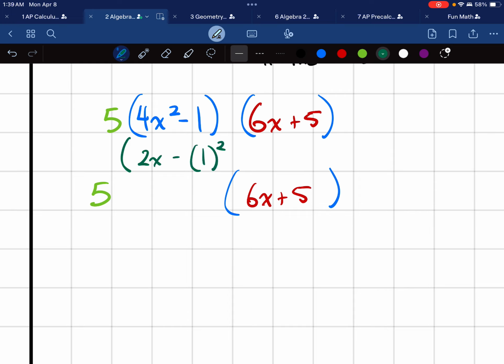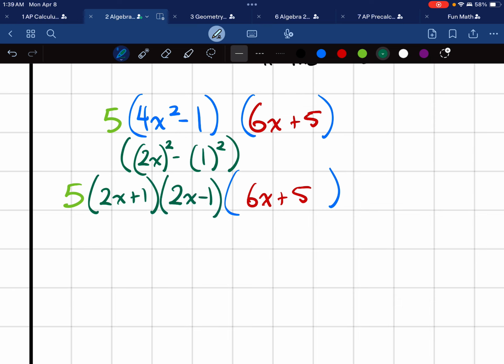This 1 is squared to give you 1. This 2x is squared to give you the 4x squared. That's the same exact thing, right? Which means this is going to be a conjugate pair. Difference of squares always factor as a conjugate pair from our last lesson, which means this is a 2x plus 1 and a 2x minus 1. And finally, after all of that work,